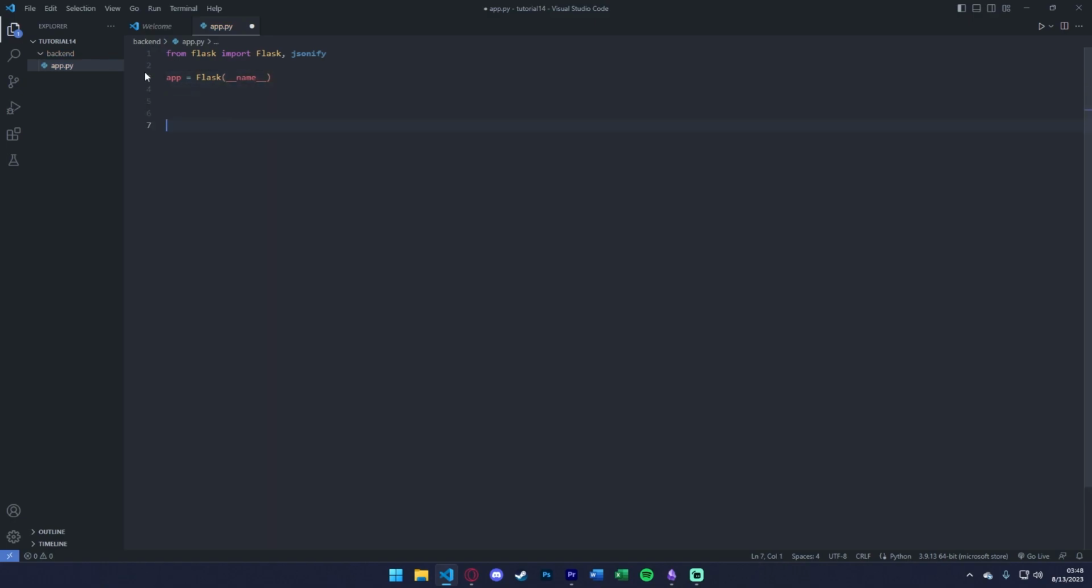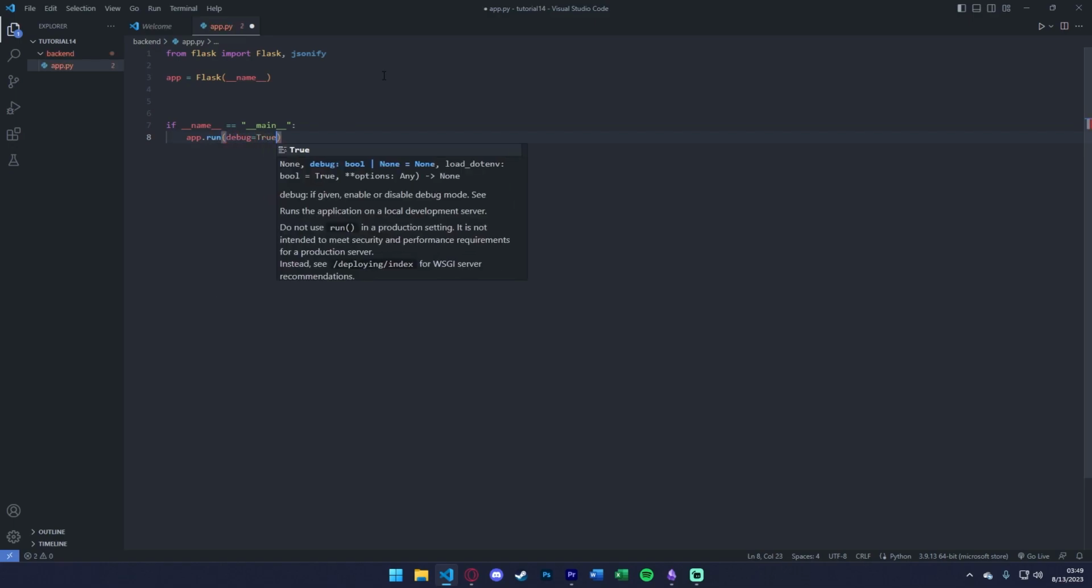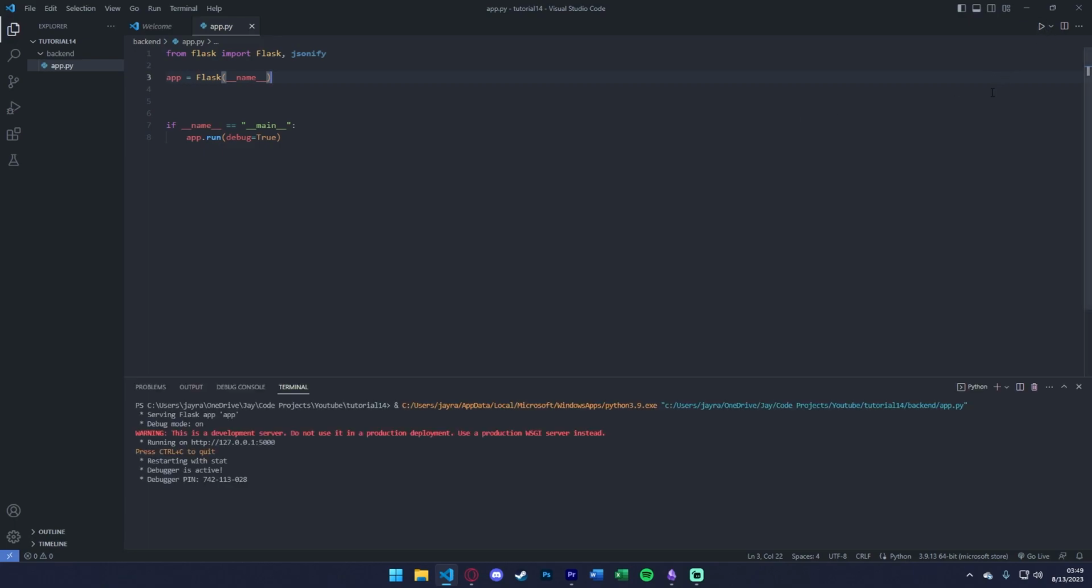And then to get the application going: if name is equal to main, both with 2 underscores, then app.run, and we'll set debug to true. Now, this is a traditional Flask boilerplate. We're going to get into routing in a second, but I just want you to notice something. When we start a Flask application, you'll notice down here in our terminal, it says it's running on this link and this port. So this is the IP that our server is running on, and this is the port that it's running on. So we're going to go ahead and copy this for now,